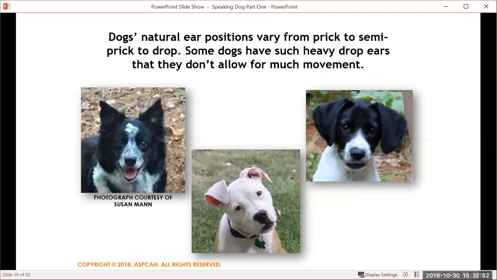Ears are a little more tricky because obviously there's much variation when it comes to ear posture in dogs anyway, so how they naturally sit. And you'll have prick ears and semi-prick ears and drop ears. And the dogs, particularly with the drop ears, if they're very droopy, they are less likely to show much movement. So it can be harder to read those dogs. And then of course the dogs with the prick ears, it's a little harder to tell if they're alert because their ears look like they're alert all along.